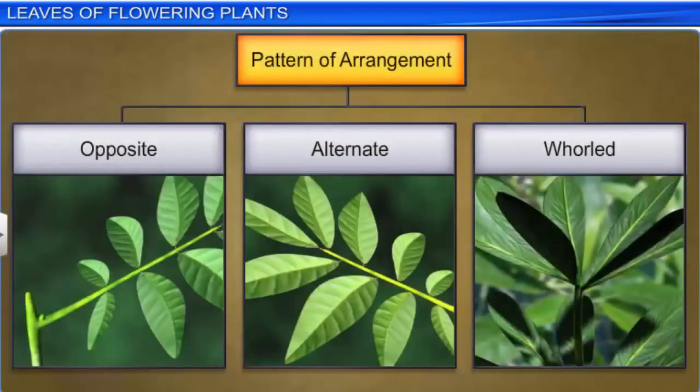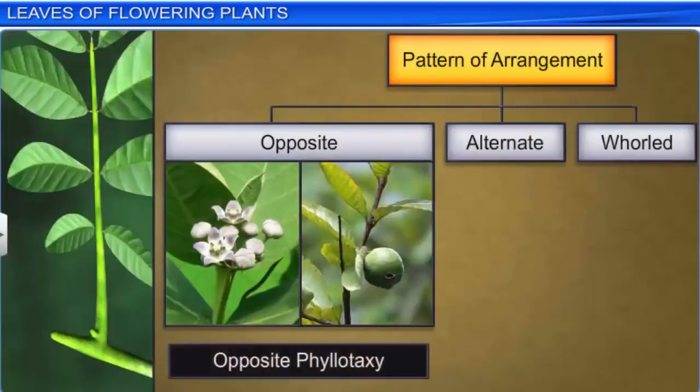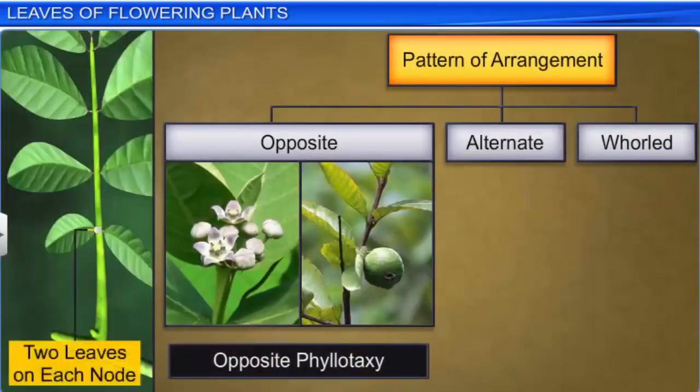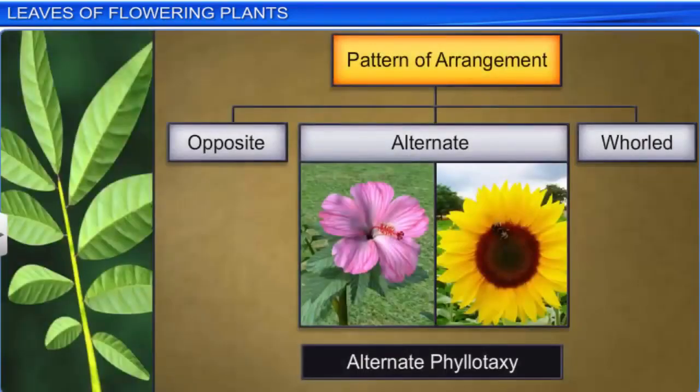Apart from classifying leaves as simple and compound, they are also identified as opposite, alternate, or whorled on the basis of their pattern of arrangement on a stem or a branch. This is termed as phyllotaxy. In opposite phyllotaxy, there are two leaves on one node arranged opposite to each other, as in Calotropis and Guava. In alternate phyllotaxy,